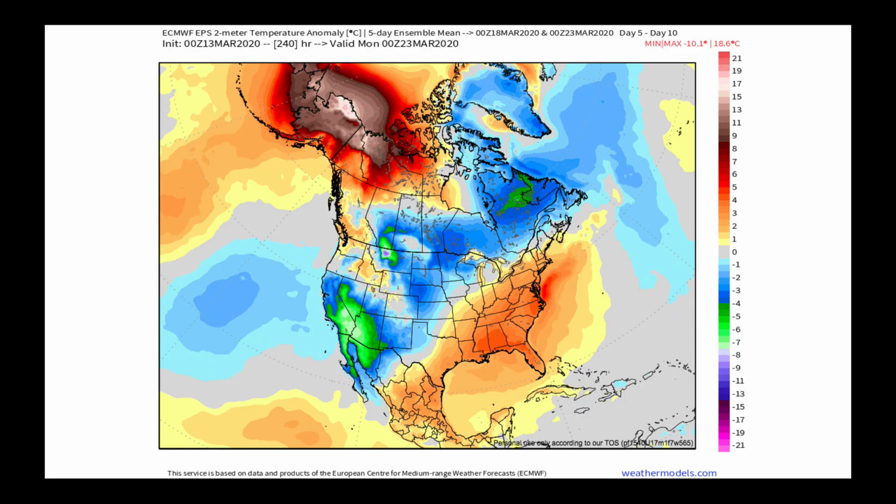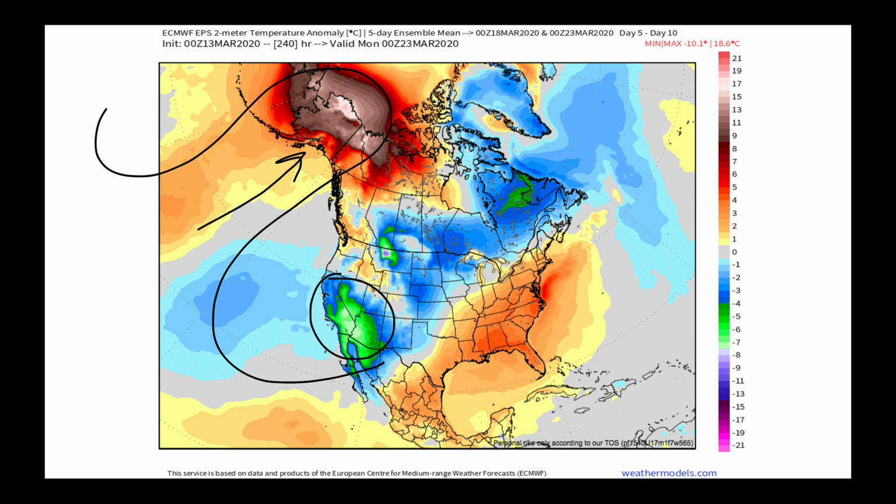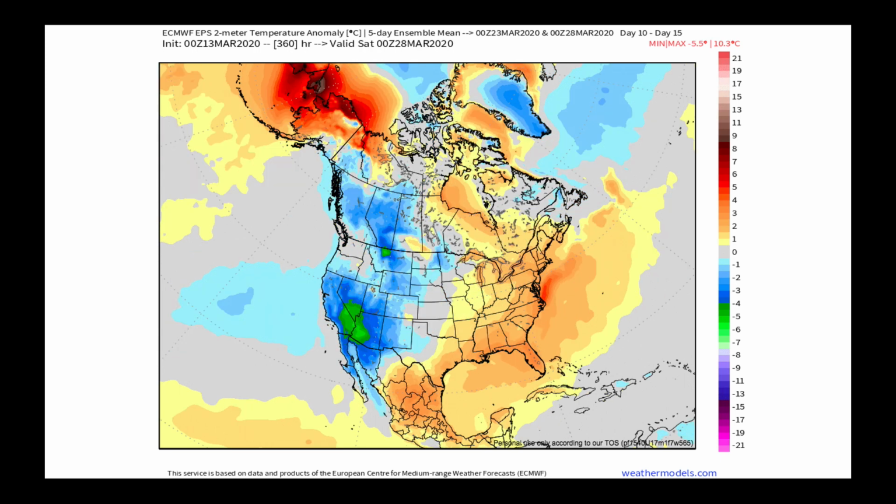Going beyond there, let's take a look at what the day 5 through 10 pattern looks like. So this is going to go all the way out from the 18th of March to the 23rd. So we're pushing that ridge up in this place. So the flow pattern's doing this. And the reason why we see the much below average temperatures here is primarily due to cloud cover and rain. Right in through here, this is probably driven by the snowpack we're adding in right now. But you can see overall the Northwest gets away from its much below average temperatures and goes a little bit more toward moderate temperatures. And as we press out to day 10 through 15,